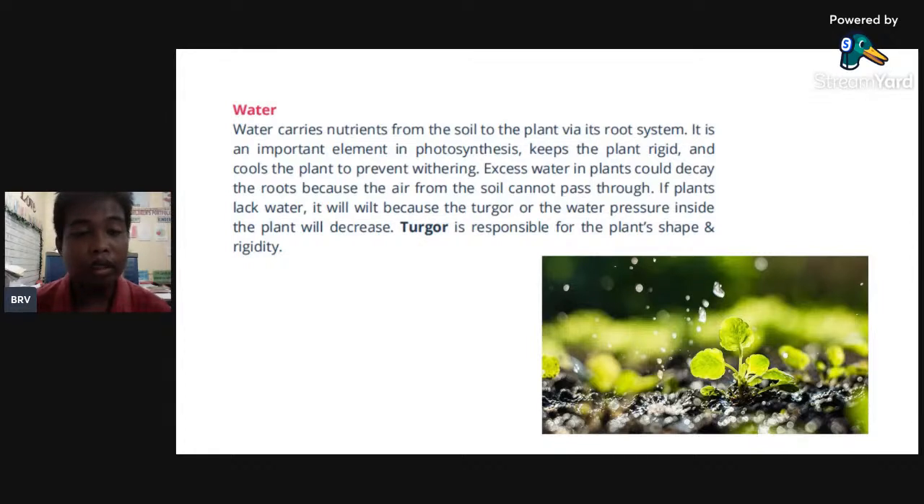If plants lack water, they will wilt because the turgor of the water, or the water pressure inside the plant, will decrease. Turgor is responsible for the plant's shape and rigidity. So it means